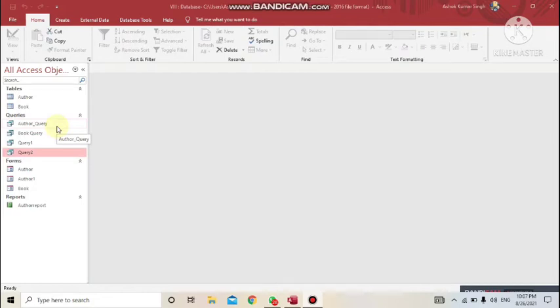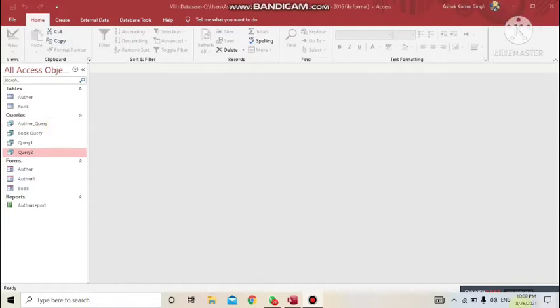So out of those 10 columns of a table, I need only two columns to be displayed, name and admission number only. For this type of query, where no questioning is required and you want to select only some of the fields, you can take help of the query wizard. So let's start making that.